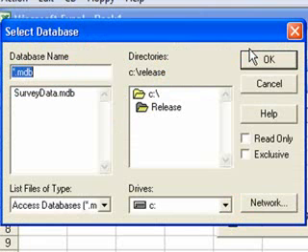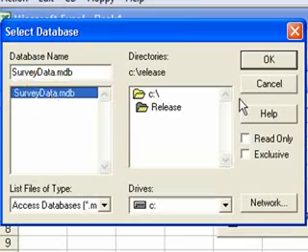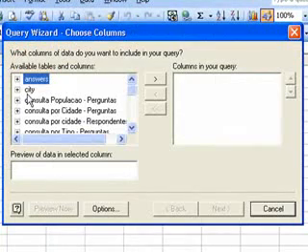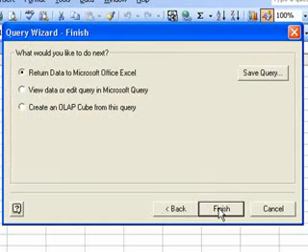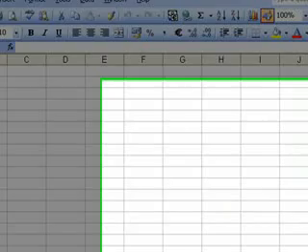Okay, now I'm going to click OK. It's going to ask me to select the database again, so I click OK. Now I'm going to choose this first table, click Next, Next, and Finish. And now,